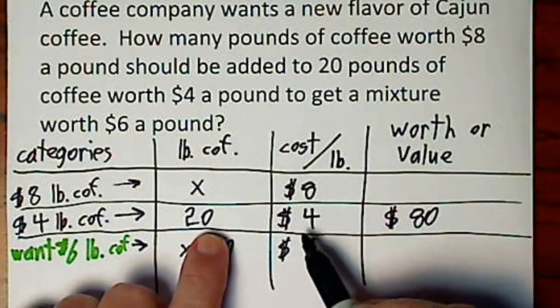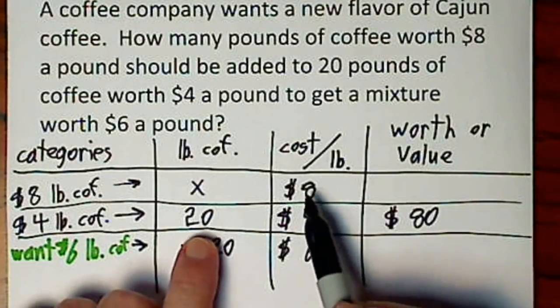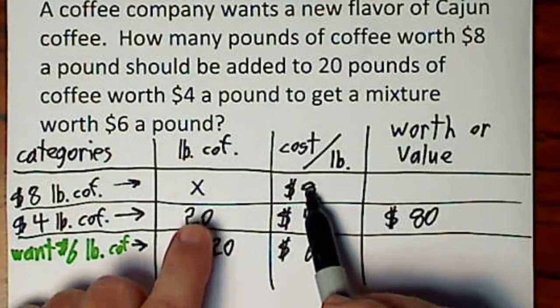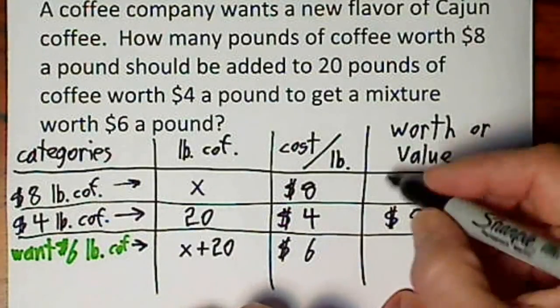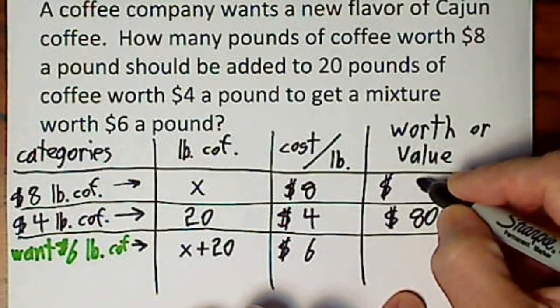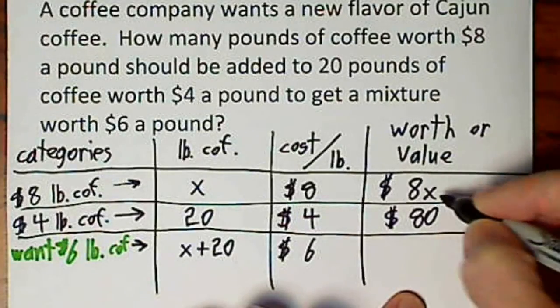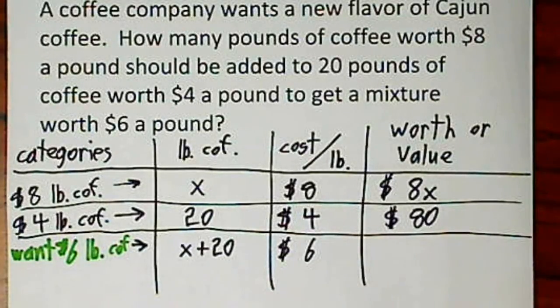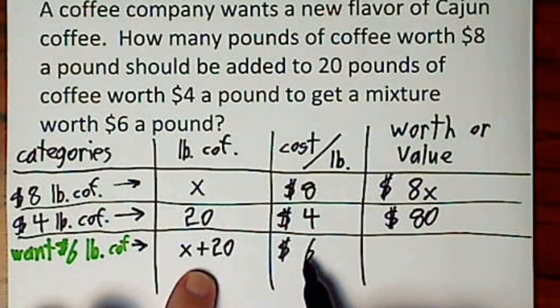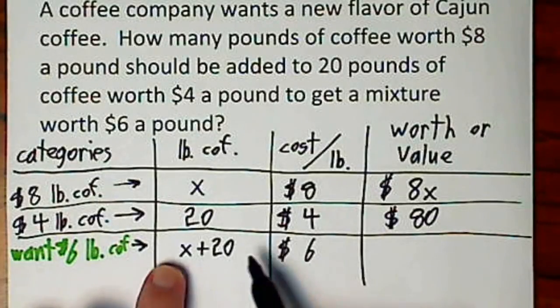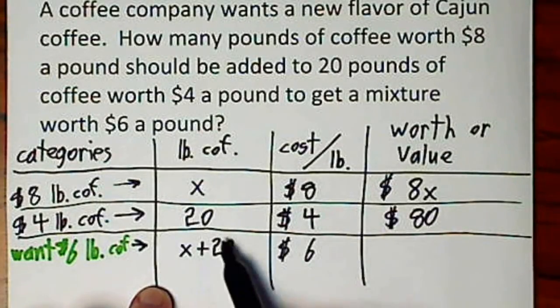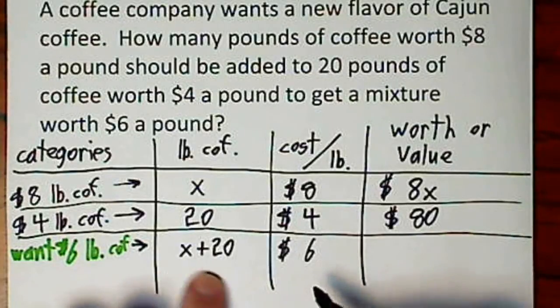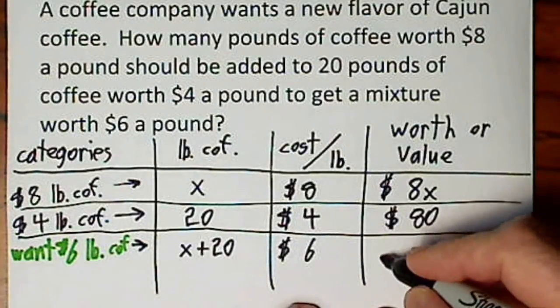So we're going to follow that pattern. That means I'm going to multiply $8 times some number of pounds, so that's 8x. And then this one, it's going to be $6 times however much coffee I have here. Okay, I don't know how many pounds that is yet. So this will be